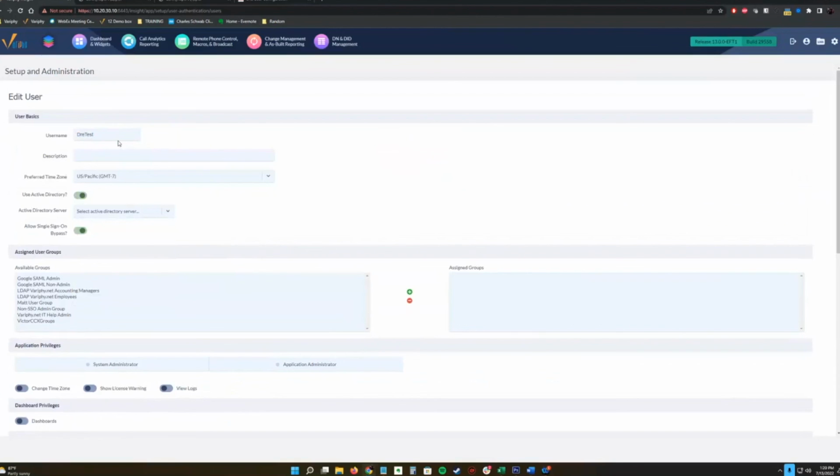Yeah, you can't import those from AD or anything else right now. Maybe someday in the future, but right now these would have to be created locally inside Verify. But then you would just select use Active Directory, so you don't have to give them a password or anything. They would just use their normal AD password.